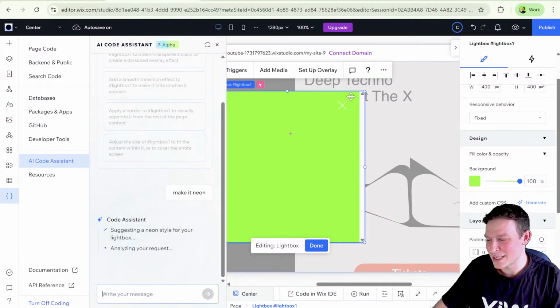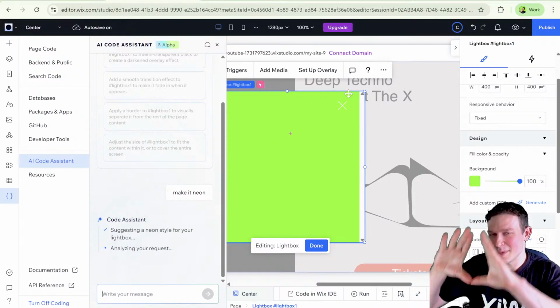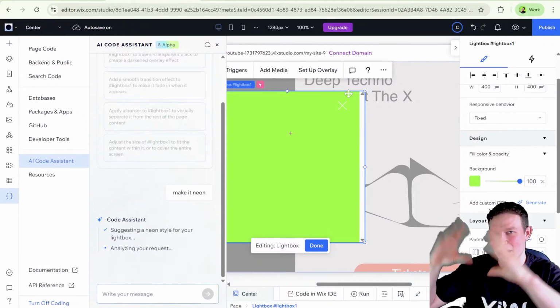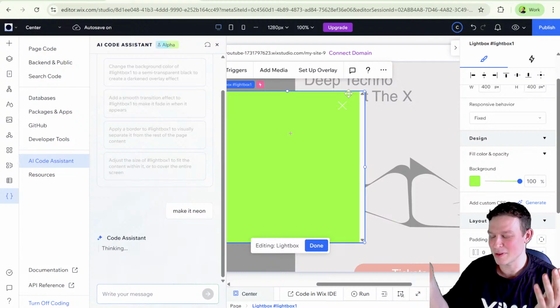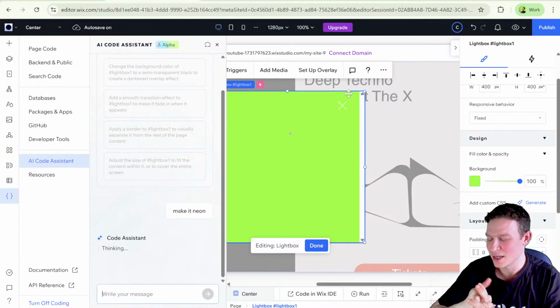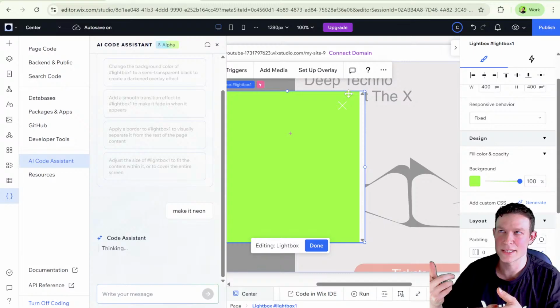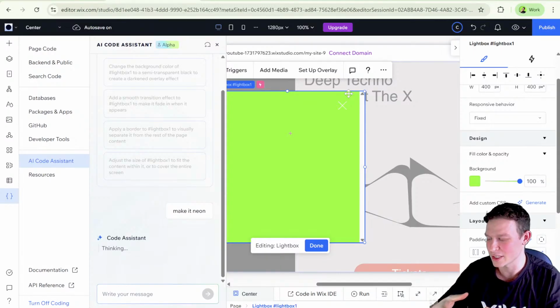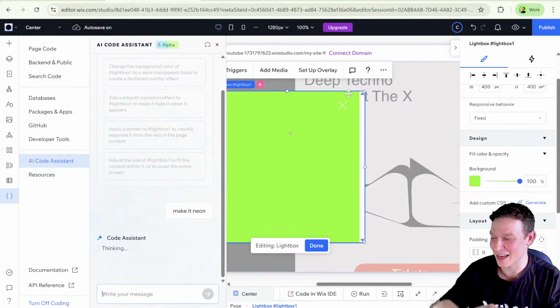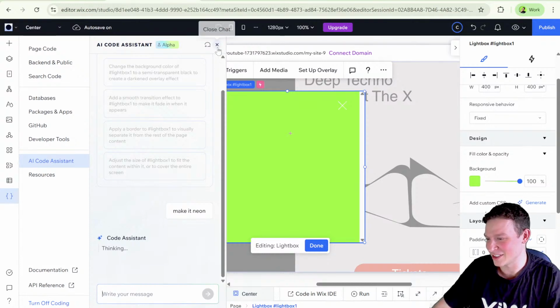Probably apply some kind of background. The only thing I'm concerned about is, to make it neon, I would expect the color to kind of ooze out of the lightbox itself, but I don't know if it's capable of actually doing that in terms of the lightbox. But essentially what it would probably do is apply, let's say, a box shadow or something like that that's colored in the same color as the lightbox. That's probably how you'd approach it from a CSS perspective. The code assistant seems to be thinking quite a bit. At this point, if I was actually working, I would just completely close it and ChatGPT it